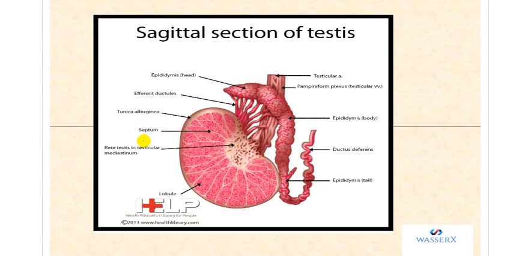Now see, I've given a very vivid structure of this, and you can see here the epididymis, tunica albuginea. You can see in this structure the epididymis, ductus deferens, these are very clear. First you can see the epididymis head, then the efferent duct, right? Here is the retrotestis, then the efferent duct, then the epididymis head, then body, and then the tail, and then the vas deferens of the ductus deferens. Okay, so this section is very important, the sagittal section of the testis, right?